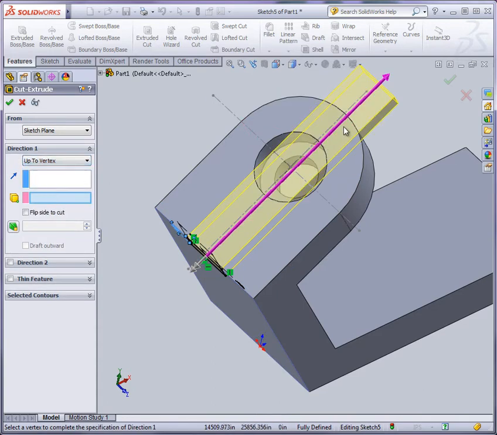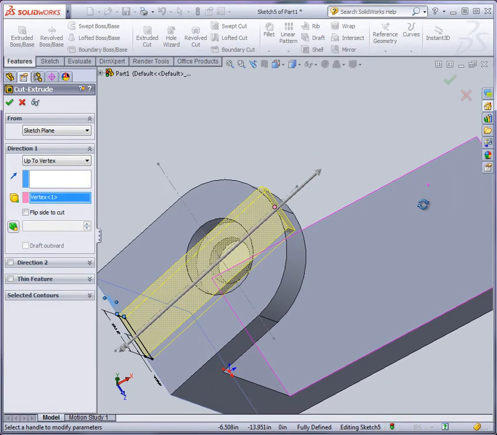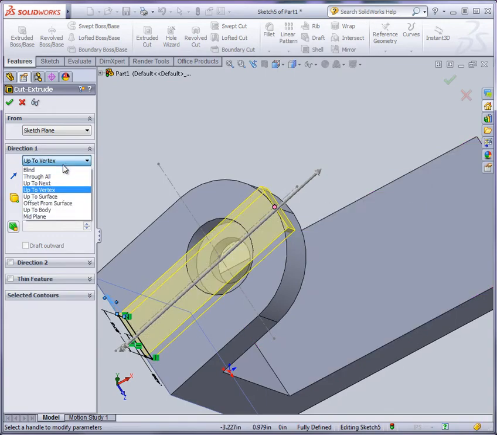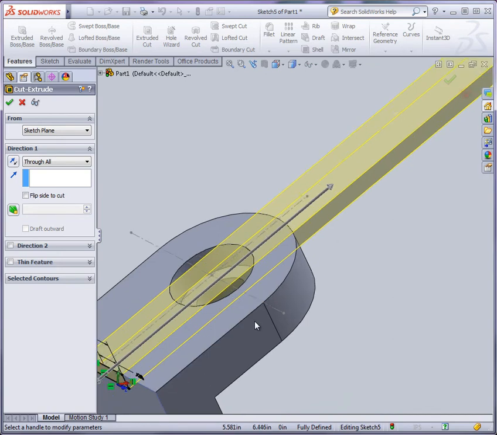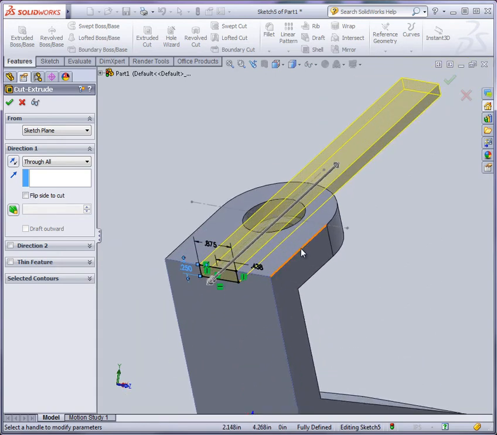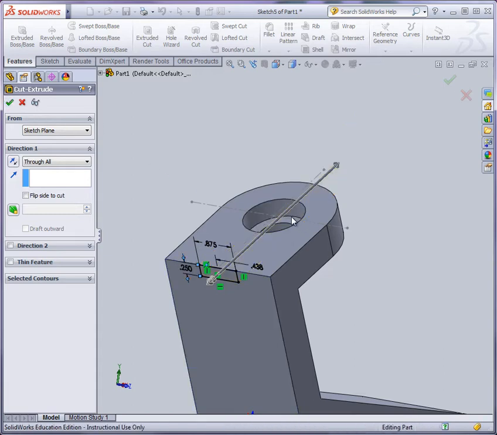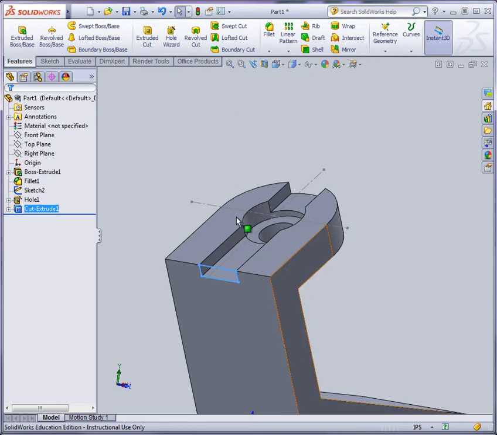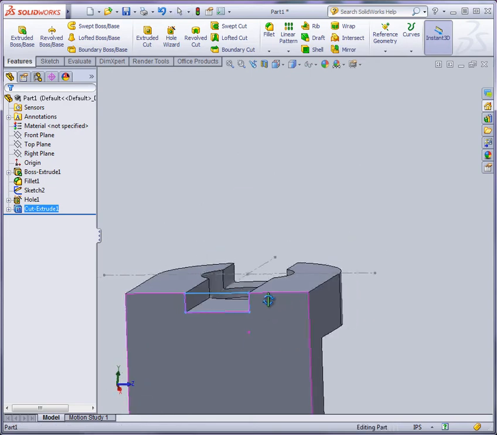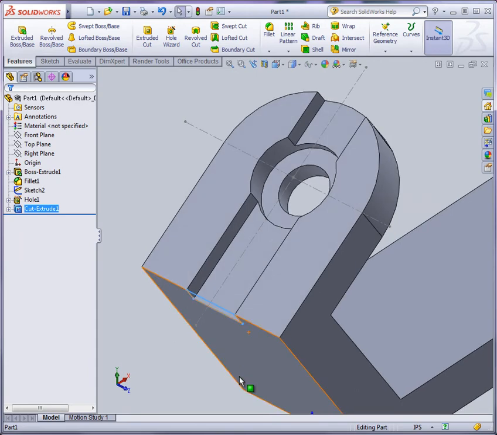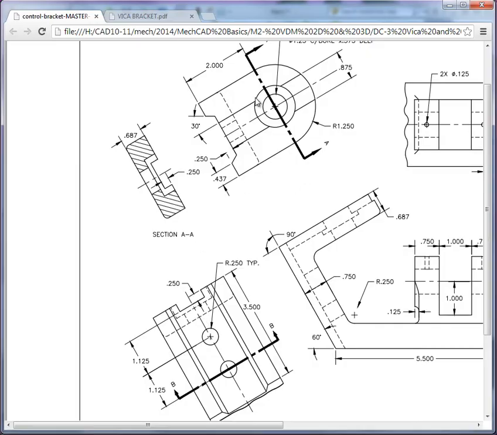Or if I go up to vertex, I can use a vertex on the sketch or on the part itself, right? Or in this case, might not even make a difference if I go through all. So take a look at the different end condition options, and just for experimentation, take a look at what the results are. You might be able to get the same results with different features. Now look at that. Okay, so that pretty much completes auxiliary face A,